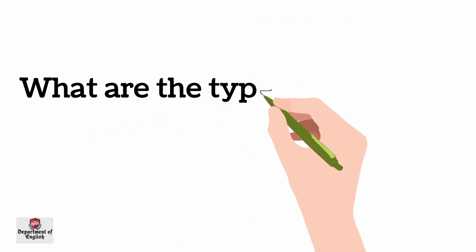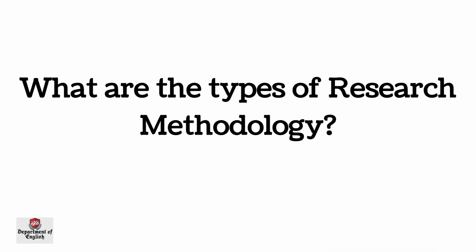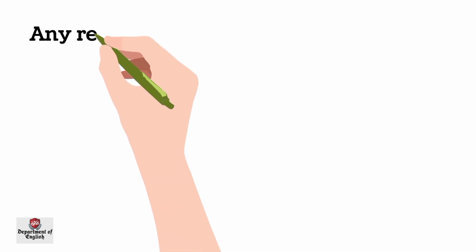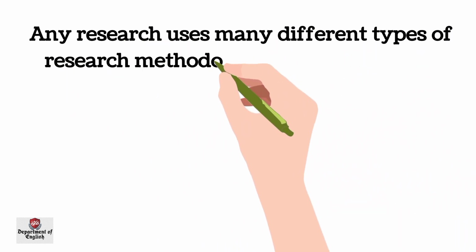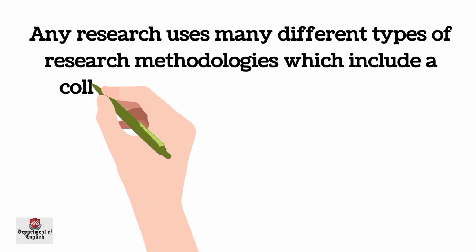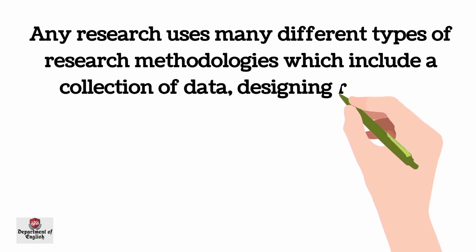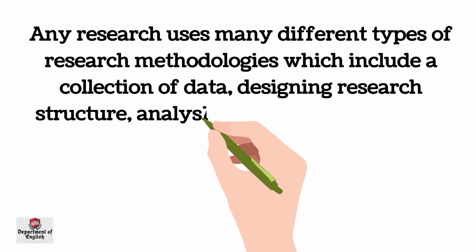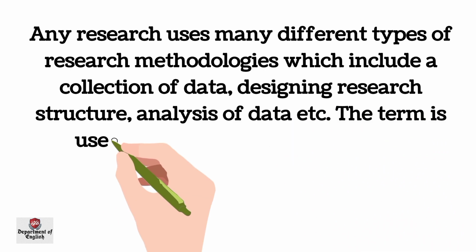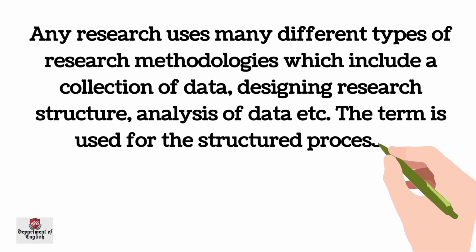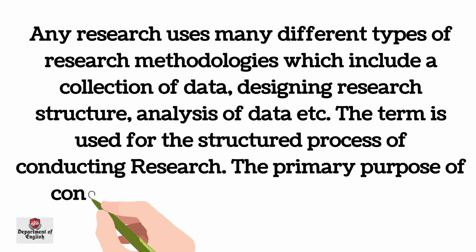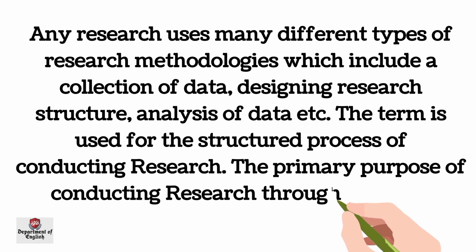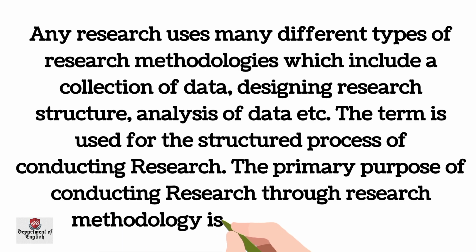What are the types of research methodology? Any research uses many different types of research methodologies which include a collection of data, designing research structure, analysis of data, etc. The term is used for the structured process of conducting research. The primary purpose of conducting research through research methodology is to find answers of